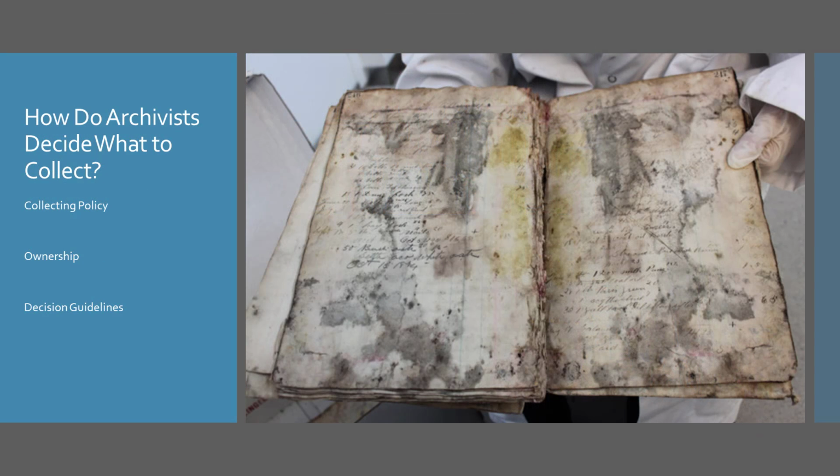With a lot of archives today facing concerns such as lack of resources and space, you may ask, how do they decide what to keep? Most archives have a collecting policy and mission statement that guide them in what to collect. For example, here at ODU, our collecting policy states that we accept records documenting the history of ODU, as well as material related to the history of Hampton Roads and Virginia. Once we decide on something, we try to get ownership with a deed of gift that transfers the rights to the collection over to us.